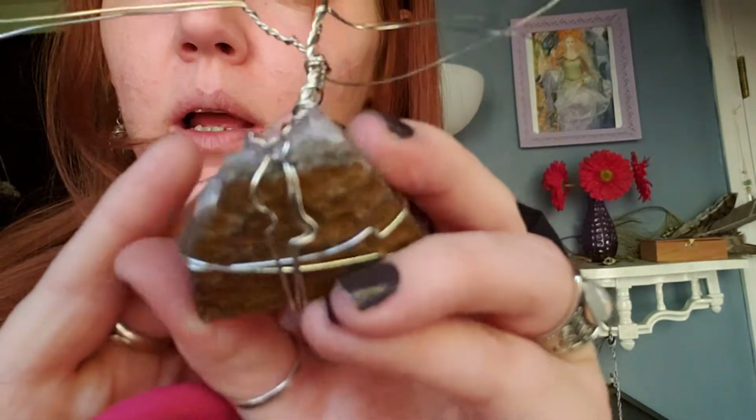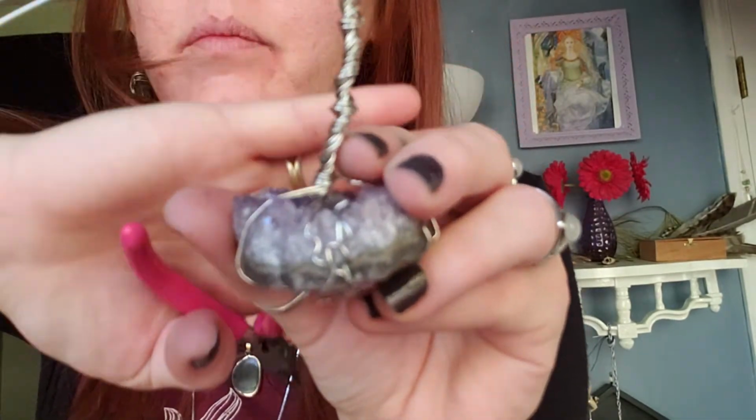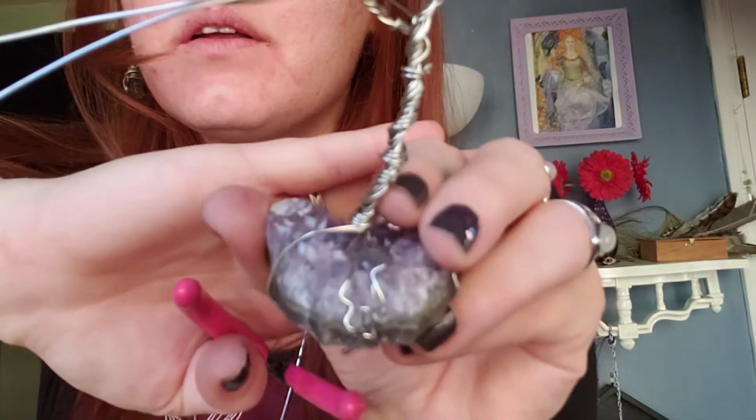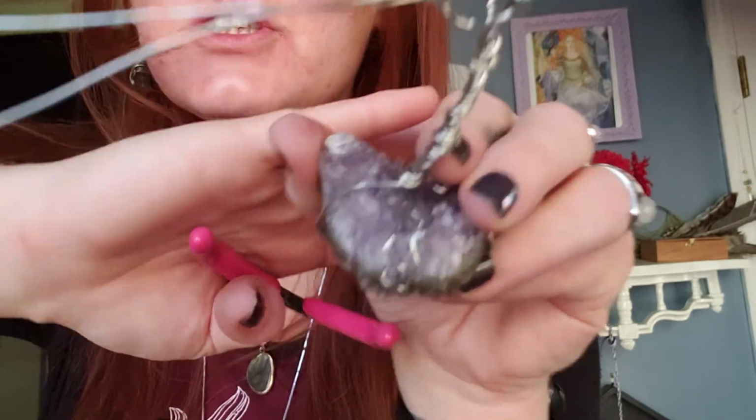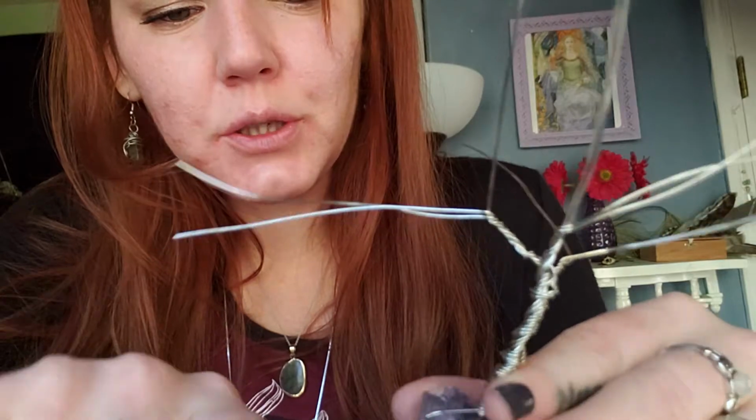You go through the bottom and you twist it all the way up. There we go. See how it's just random? And you keep going through the whole system and you do that to all the wires. Because for one, it makes it look like a natural root system, but two,